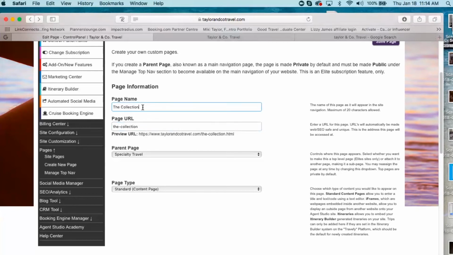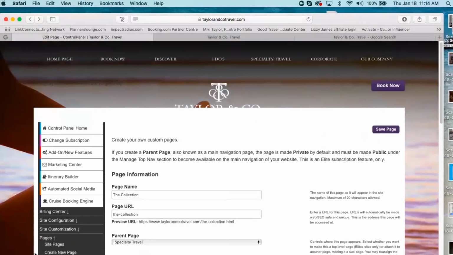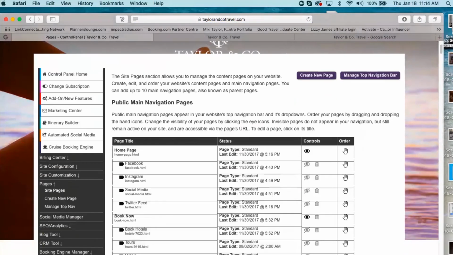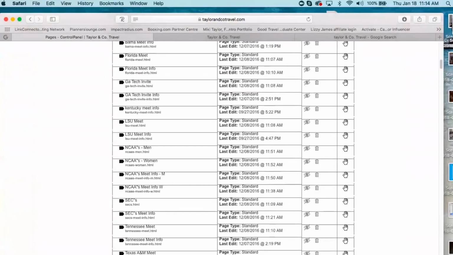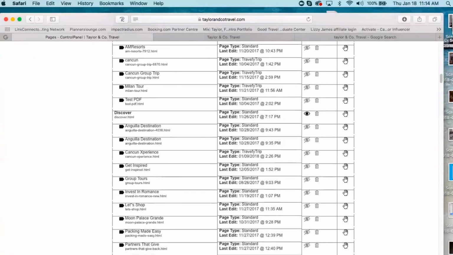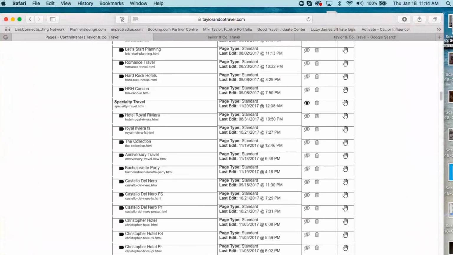Do not call these page names like page 1, page 2, or TACT page 1. TACT are the initials for my agency. You don't want to use names like that, because you want this URL to be memorable. You want people to be able to think about what this name is. So if I go back and go to the bachelor and bachelorette party page as a test, let's see what the name of that is, because that's very specific. It is something that I definitely want